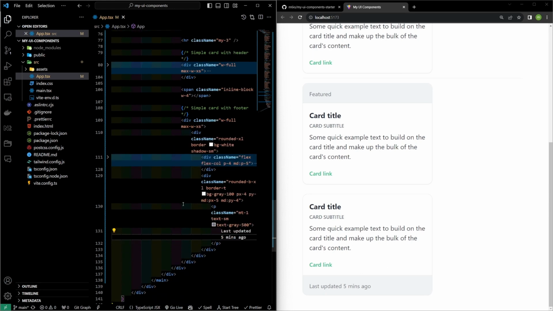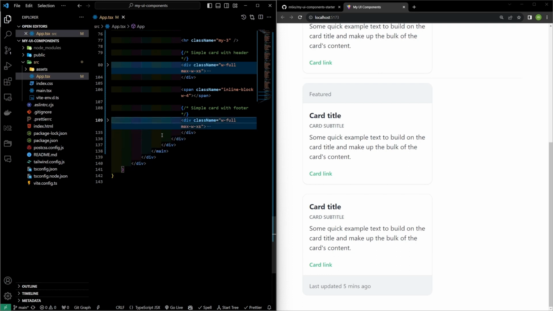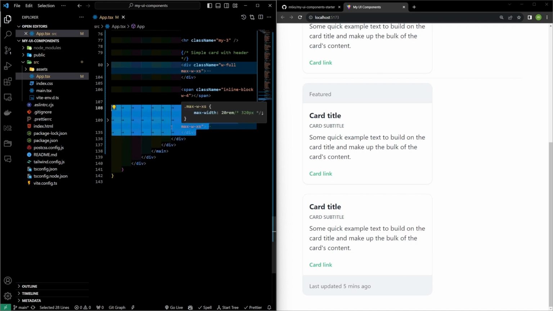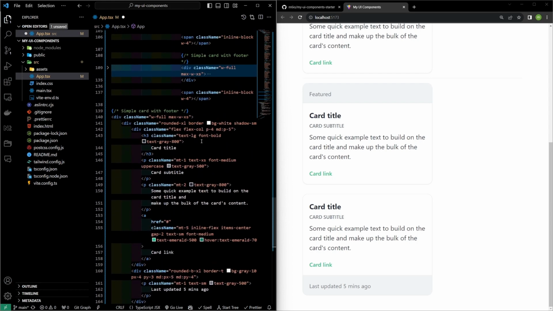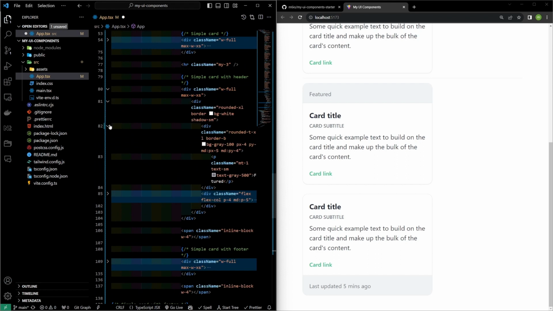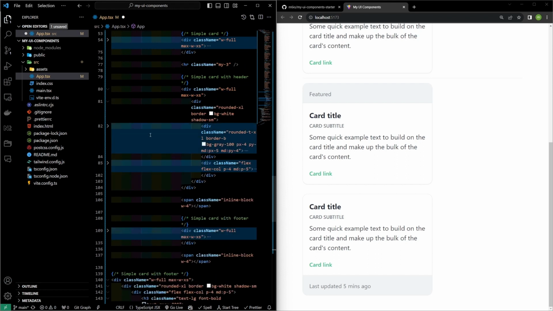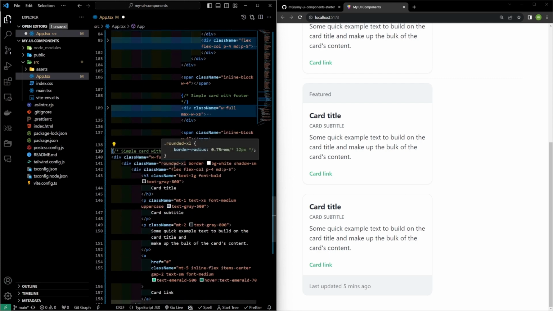And the nice thing is, you can actually double this up. So I'm gonna copy this one, and this is only for demonstration purposes right now. I'm not gonna keep this in here because I think it's a bit much, and I think it's overkill. But this is just to show you how you can componentize this further. So what I can do is I can actually grab that header from the simple card with header example. I can say simple card with